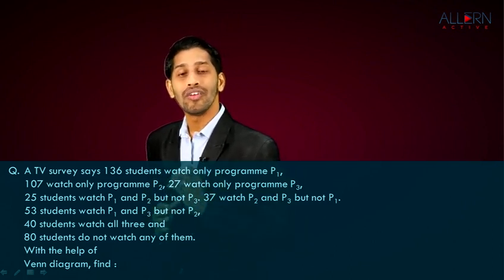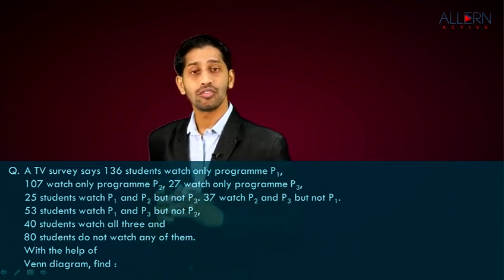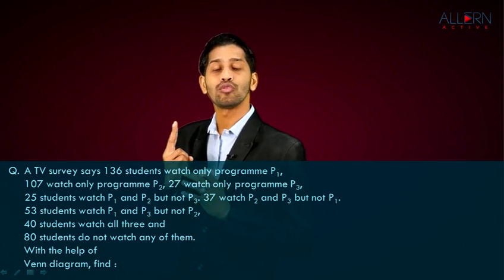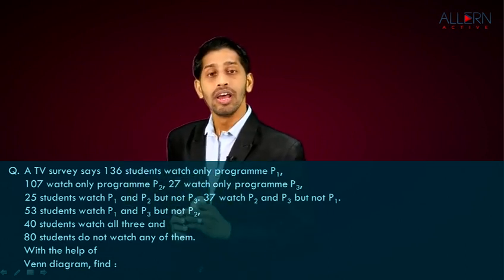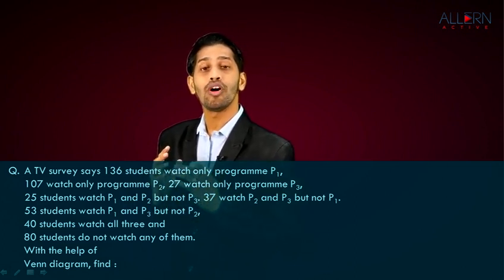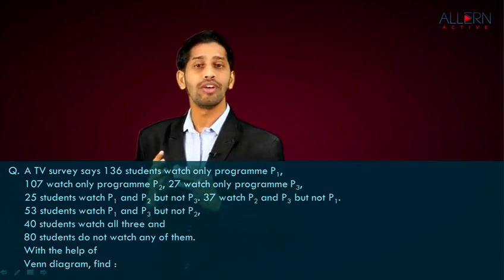With the help of a Venn diagram, a few questions are given to us, and we need to answer those questions. So first of all, whenever we solve any word problem, there are two ways of solving. Either we can solve by Venn diagram or we can solve by a formula. But here, we have to solve this sum with the help of a Venn diagram. That means we have to draw the Venn diagram first. So what is given to us?